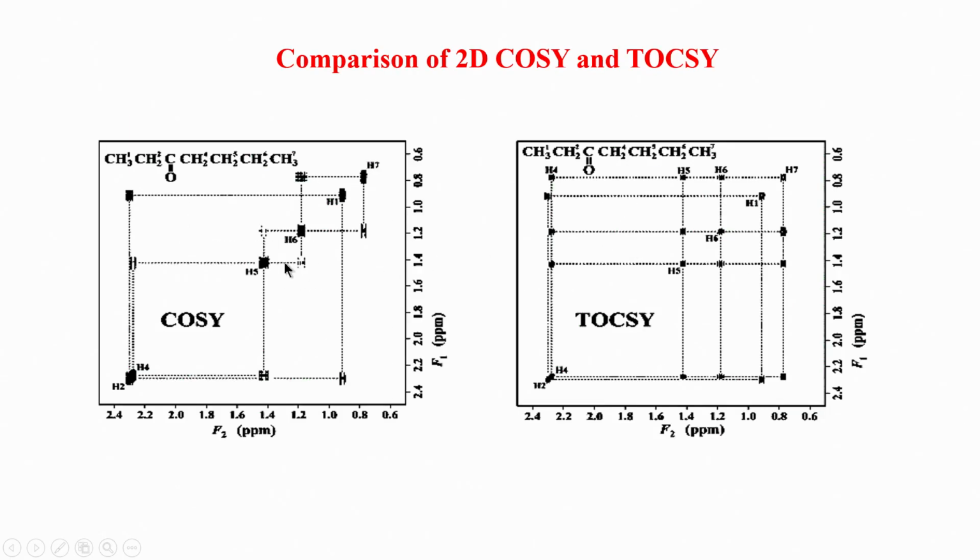So, this is now a comparison of a TOCSY and a COSY for the same molecule. You can see there are many additional peaks appearing in the TOCSY that are not there in the COSY, and this is something we already saw. This is because of the concept of far range coupling: in TOCSY it is possible to transfer all the way, whereas you can't do that in a COSY. In a COSY, transfer is restricted to 3 bond coupling. So, this is basically about 2D NMR of TOCSY.